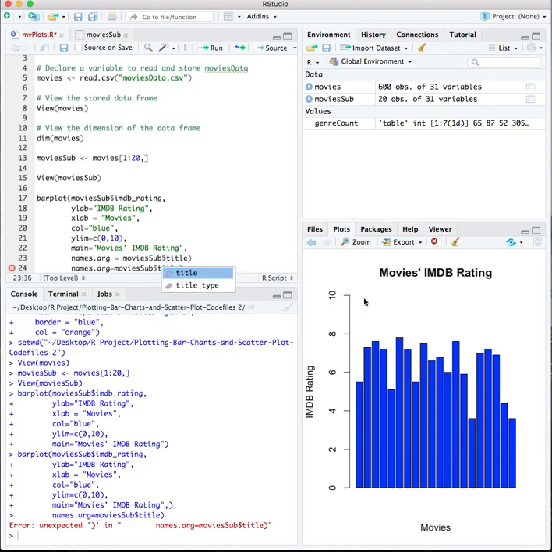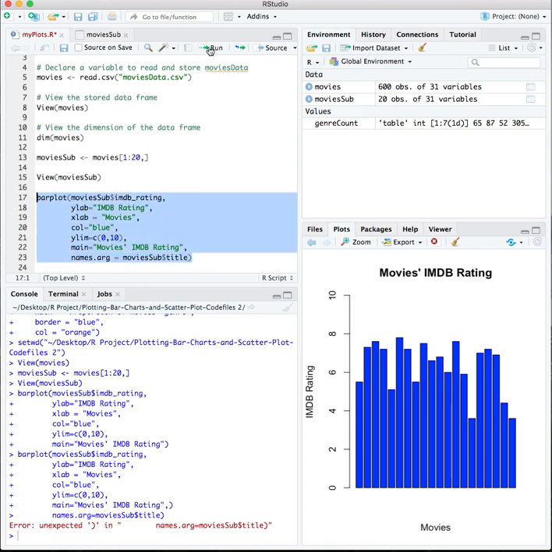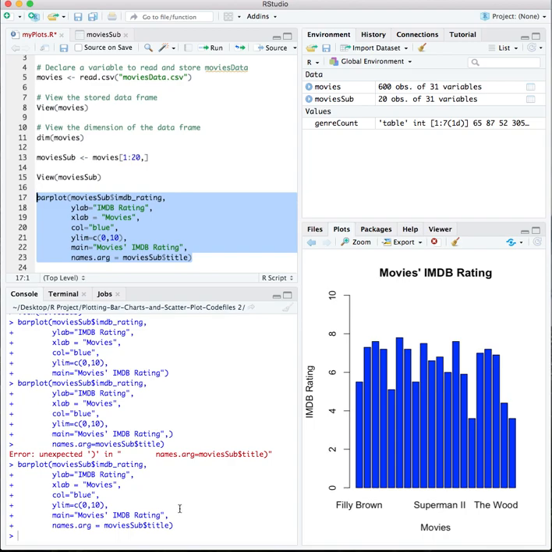Title. It's not title, type title. I'm using the auto completion process to confirm. Yeah, now it has got executed.